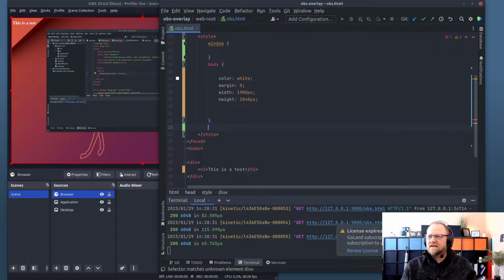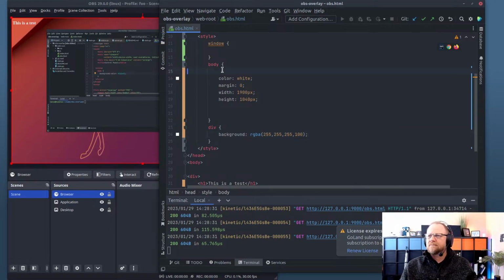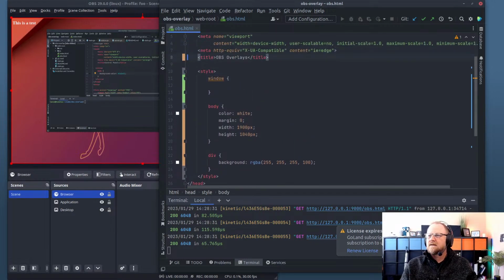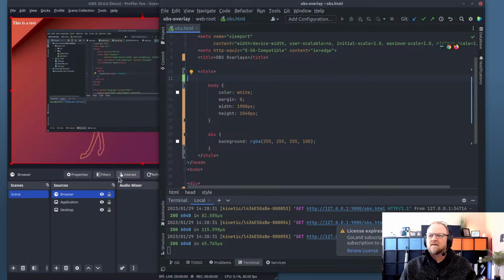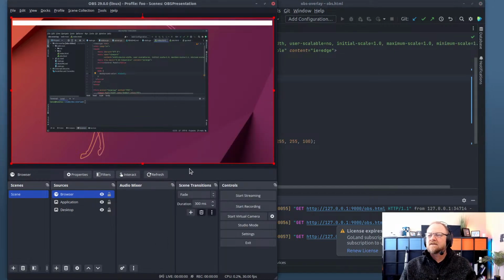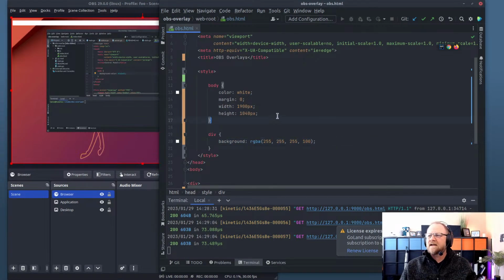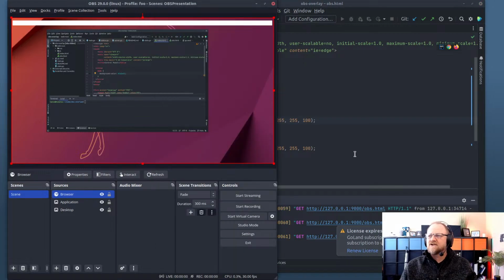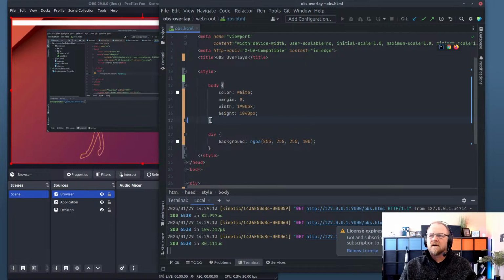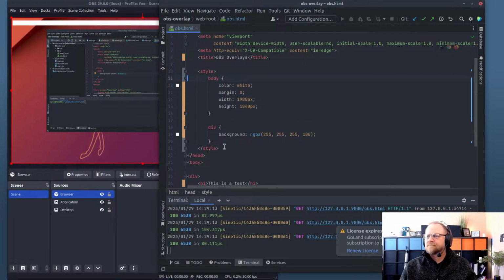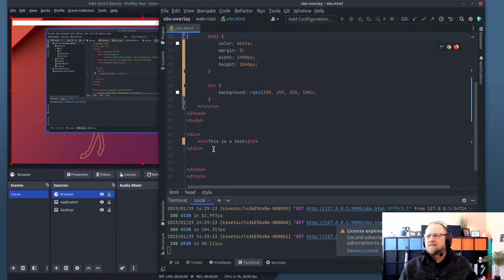But let's take a look at that div. Let's see if we apply a style to the div elements. So I can do the div. It's just the background on the body is being overridden by the suggested style. All right, we'll just run with the suggested style for now. And here we have a div. All right, so we have transparency, and if I move this down to 50%,